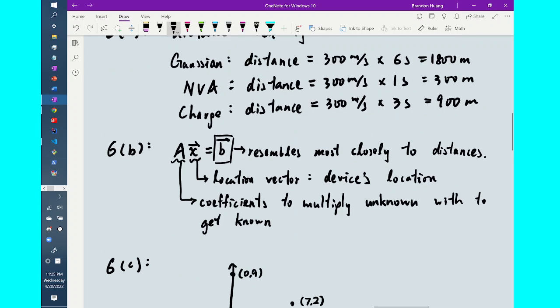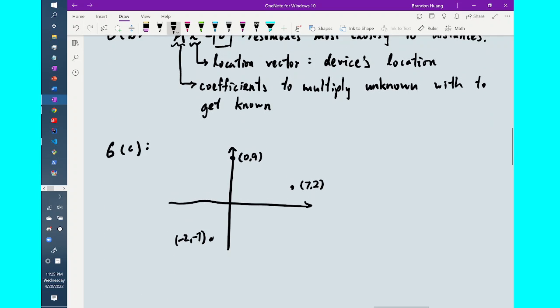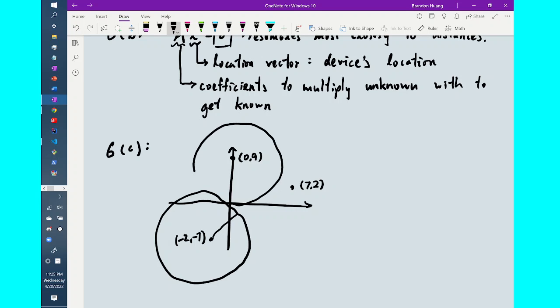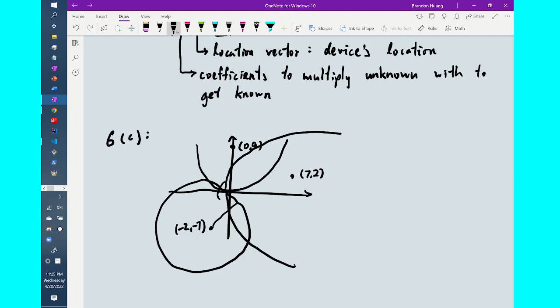We know that, for instance, we might be some distance from the MVA tower, and some other distance from this charge tower, which means we could be on the edge of the circle. And at last, we could be some other distance from the signal station that is at (7, 2). So I'm again probably on the edge of this circle somewhere. This point where the three edges intersect